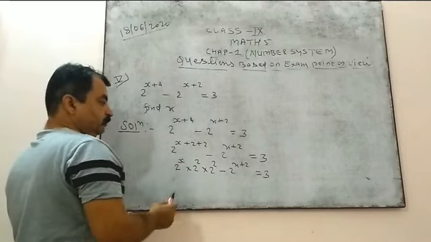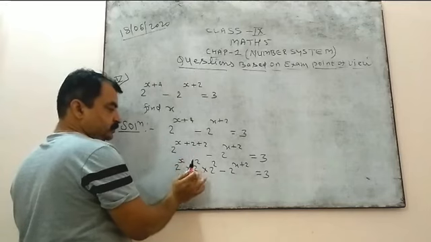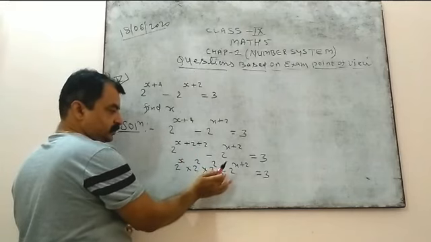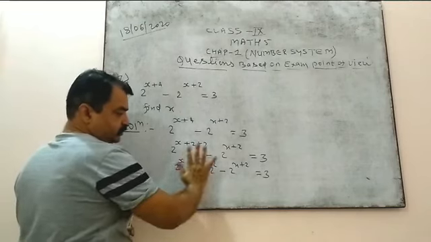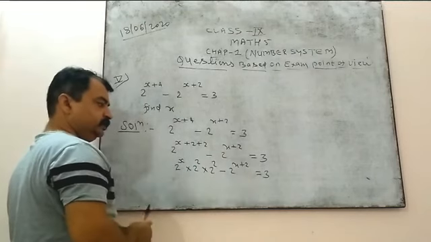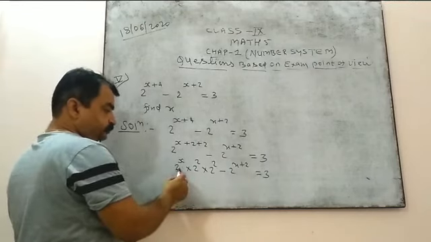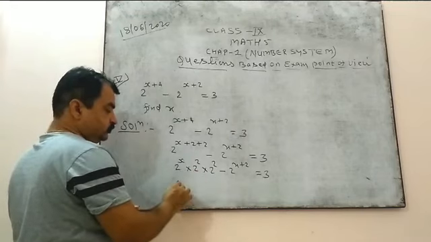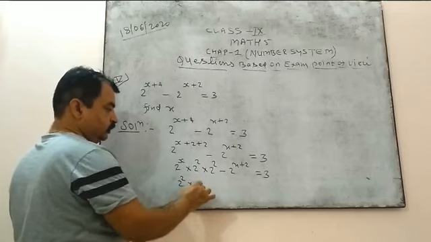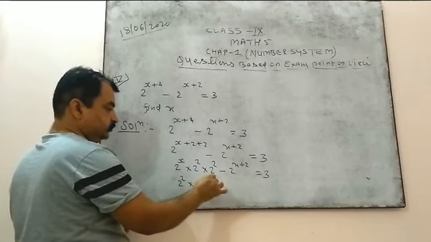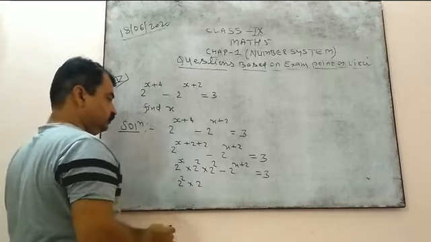Now, we need x plus 2 in this first part. Here only 2 terms are there because one minus sign is there between them. This is one term and this is the other term. Right? So, 2 raised to the power 2, one power you take out. Now, this and this you can take together, or this and this, whatever you want. Right?